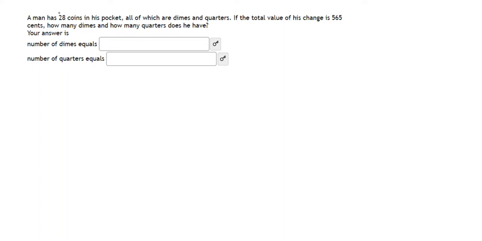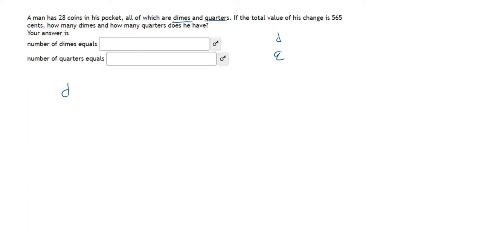So the first hint here is the 28 coins in his pocket. And I guess we should also define our variables, right? So we've got dimes and we've got quarters. I'm going to say D is my number of dimes and Q is going to be my number of quarters. All right, so this first part, 28 coins in his pocket, we can make an equation of that pretty easily, right? Because that must mean that however many dimes he has plus